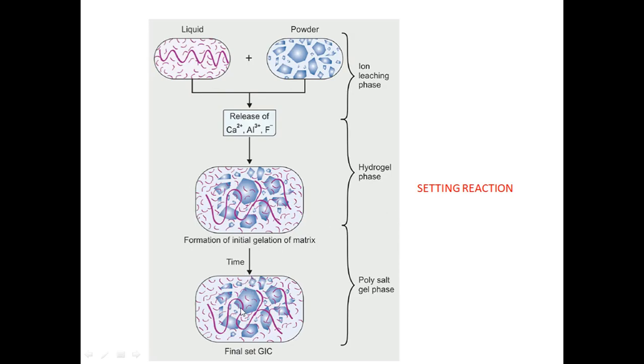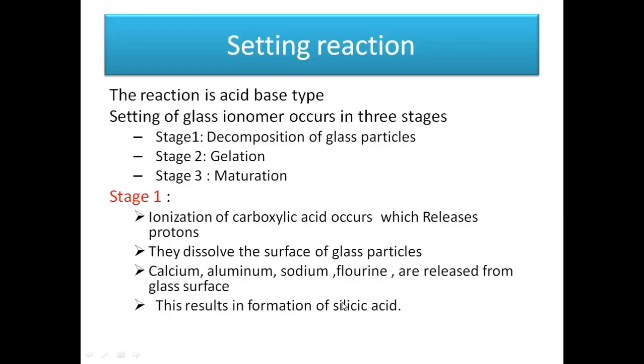Slowly there will be an increase in aluminum cross-linking by replacing the calcium cross-linking chains, and this leads to an increase in compressive strength and also opacity. There will also be an increase in the ratio of bound to unbound water, and this results in improving the characteristics of the GIC, and this process is known as maturation or hydration.